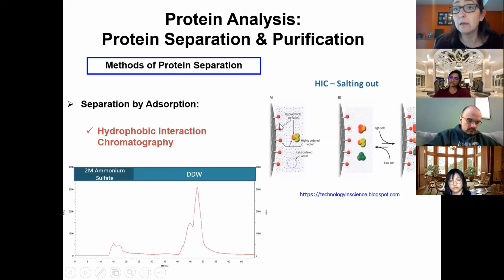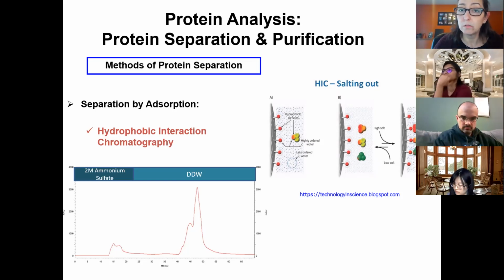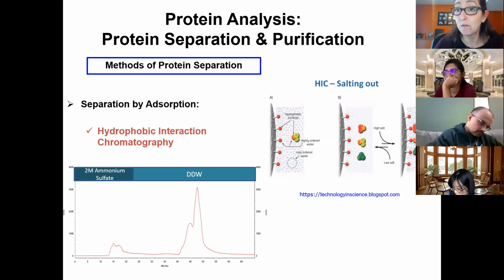Your media or your stationary phase in the column has hydrophobic groups. So the proteins interact with them via mild hydrophobic interactions. To enhance interactions with the protein, we usually put the protein in salt solution. So it kind of masks the charge, and then the protein can interact via hydrophobic interaction. Then if we have carbohydrate, they're not going to interact via hydrophobic interaction. So when we have salt solution running, the carbohydrates will get washed and the proteins will retain